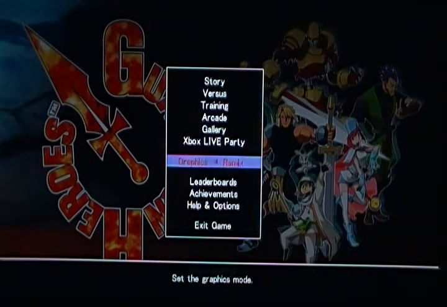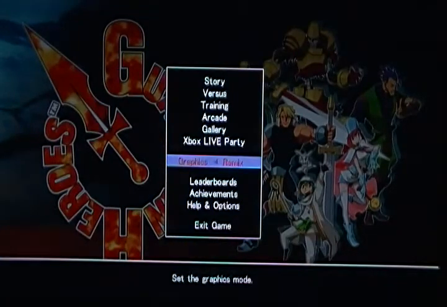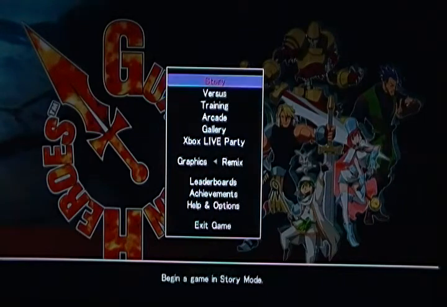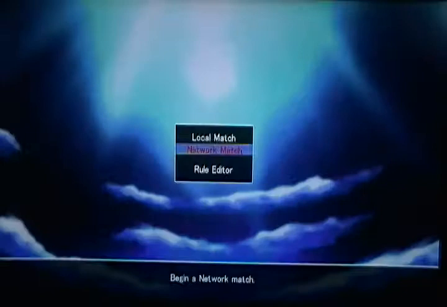You can choose to play this game in either the remixed high definition version of it, or you can play in the 1996 kind of pixelated version if you like. There's also multiple gaming options you can choose from. You can choose the story, a versus mode, which is like a fighting mode,